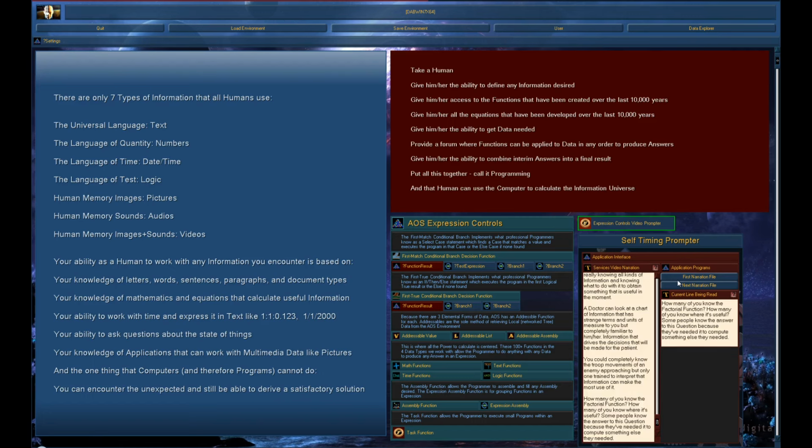How many of you know the factorial function? How many of you know where it's useful? Some people know the answer to this question because they've needed it to compute something else they needed. So when it comes down to getting the answers you need to operate, you have a set of things you know how to do with information, and in that set of procedures, there are common functions you need to apply